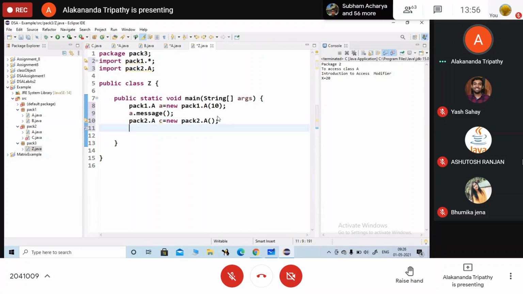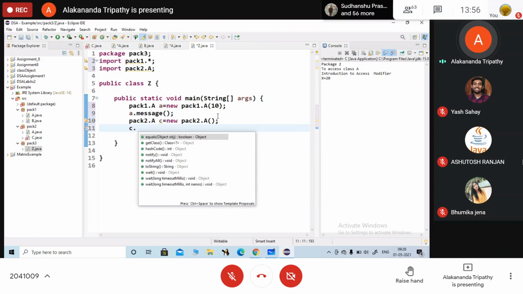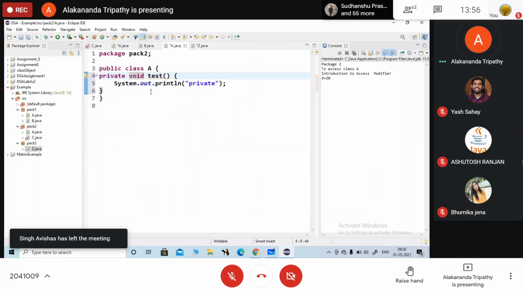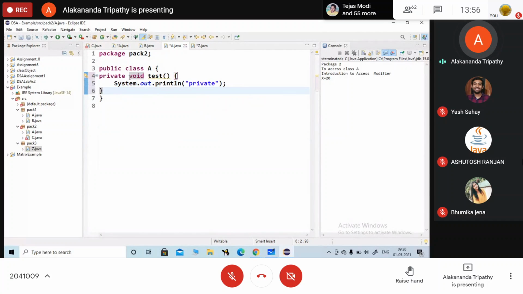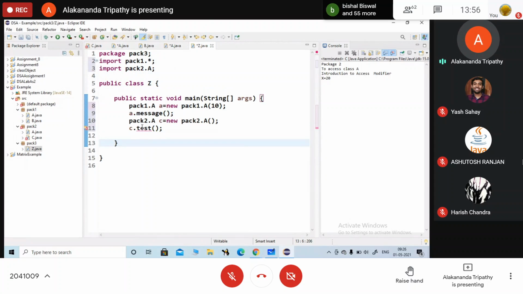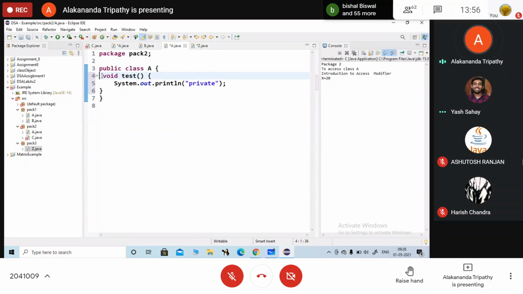ओके, तो यहाँ पर क्या हो जाएगा, c डॉट, यहाँ पर what is the message here, method name is test, c dot test. ओके, यहाँ पे एरर क्यों आ गया c dot test में, what is the access specifier here you have written, we have written private. तो remove this private part. डिफॉल्ट में भी एरर आएगा तो इसको क्या करेंगे, Public.